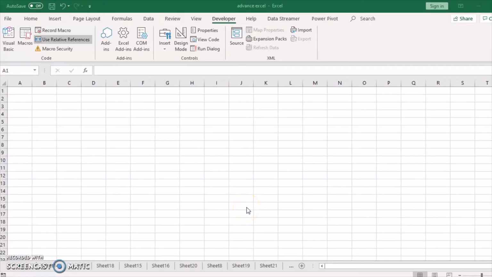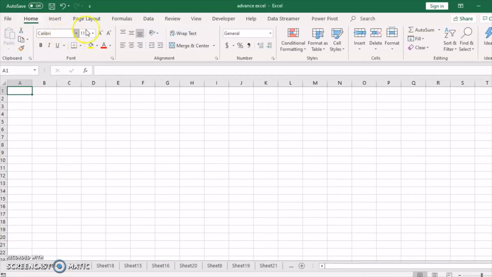The other topic we teach is called macros. Macros are the best way to automate any type of job. So many a time we are doing the same formatting again and again. We need to go to the home tab and then select the font that we want, the size that we want, then the color, all these things. Supposing we create a macro and we type something and we want to format it, we just need to make use of the macro and it will happen.